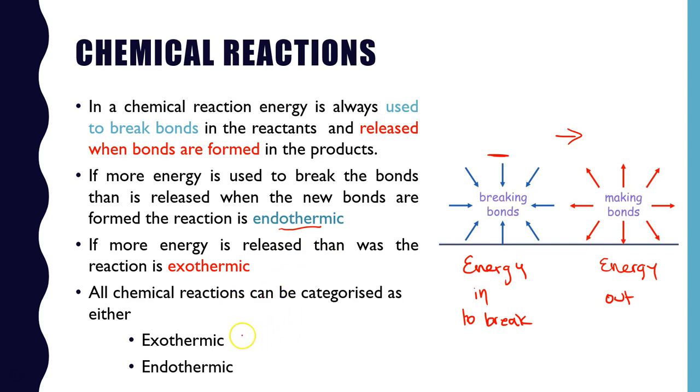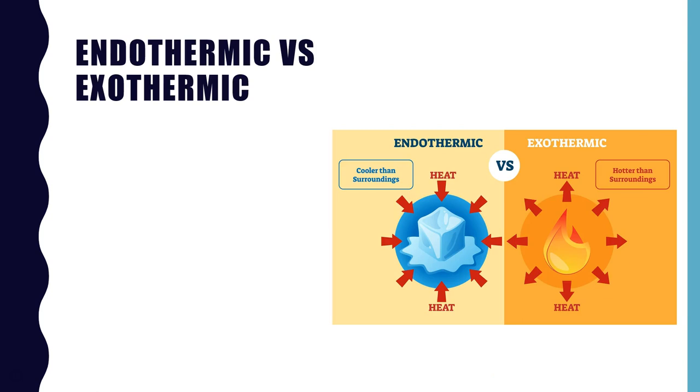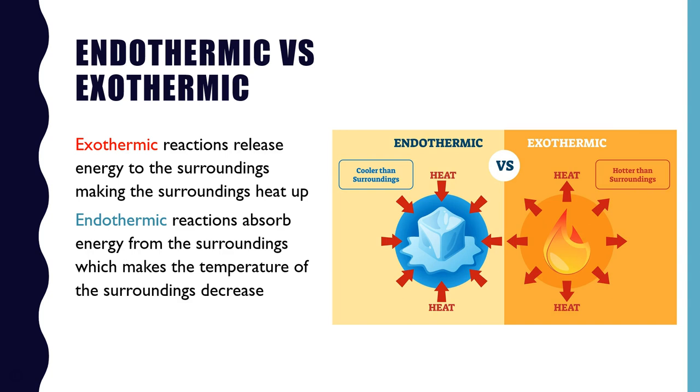Okay, and exothermic is energy out into the surroundings, into the environment. And then endothermic is energy in from our environment. So we've got to remember where the energy is flowing from and to. So looking closely at exothermic and endothermic, it really is a matter of knowing what our surroundings are and what